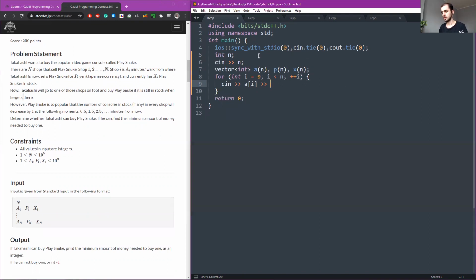I believe the shops are independent. For each shop, you can check if it's reachable in time, if it does not get out of stock. And if so, think max price that he can pay. Okay, we are just going to go with this one. And then